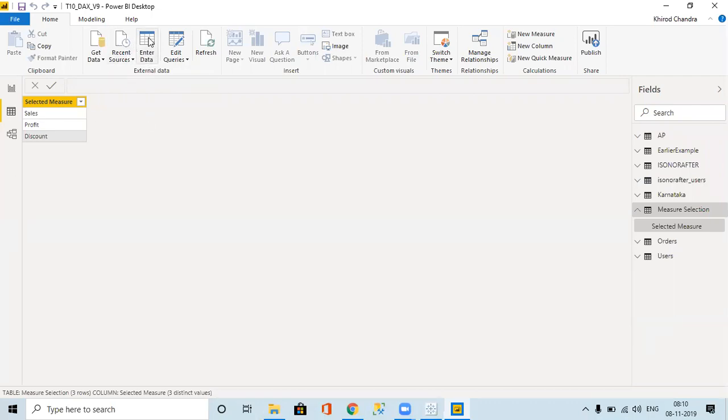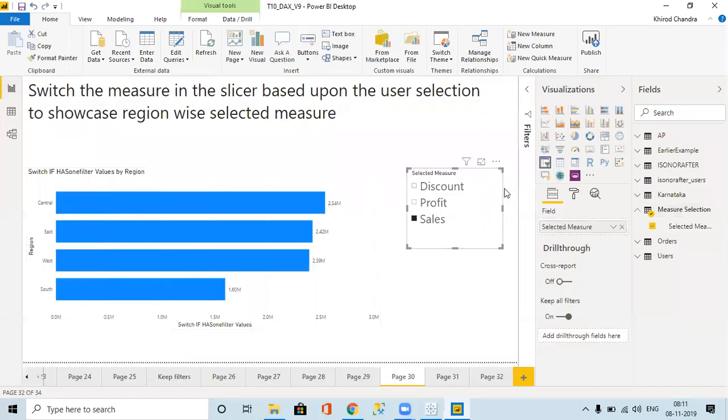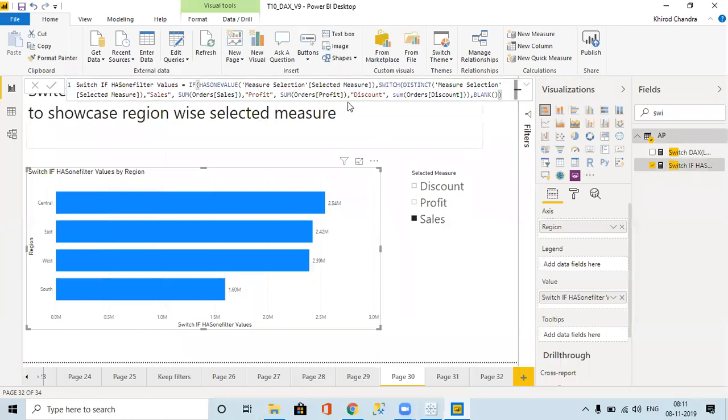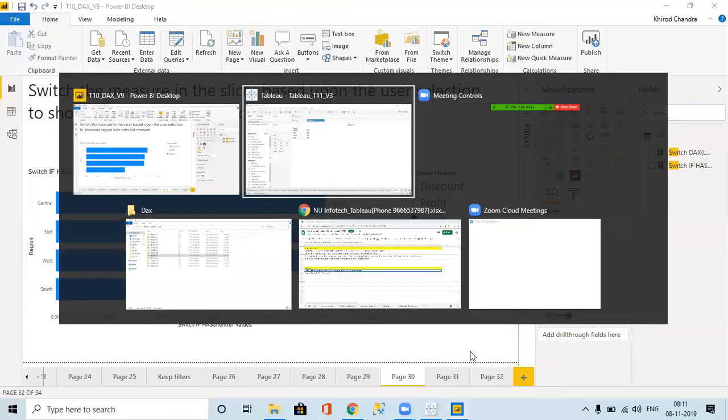I have gone to enter data and created a new table with sales, profit and all these things. Then I have given this as a slicer. Then I wrote a switch statement to switch that particular one whenever you select something.